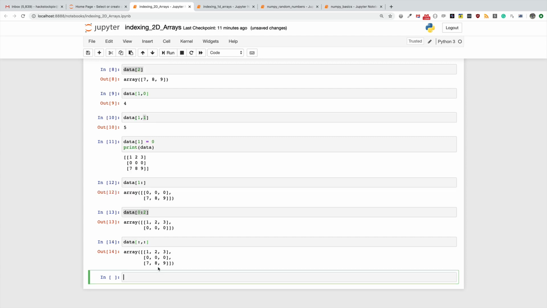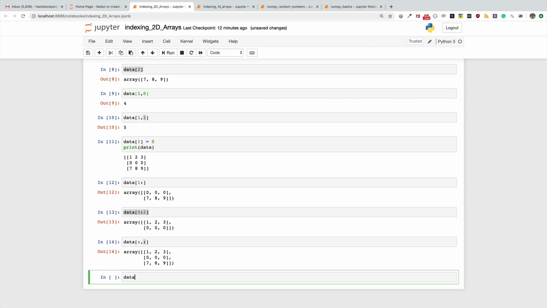So what this means is that give me everything along the row as is, and give me everything along the column as is. Now, what if I'm interested in selecting 1 2 0 0? So the 1 2 and then this 0 and this 0. How do you think we'll be able to do that? What we need to specify is the range of the rows and then the columns. Okay, so I'm going to do something like